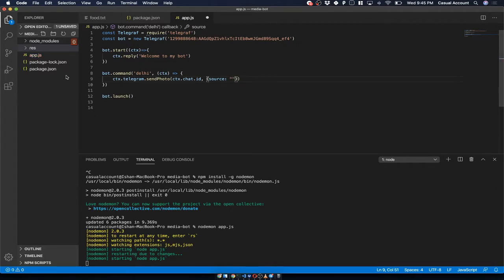And now you can see that this app.js is present over here. And if you want to go to res folder, then only you will find this Delhi image, right? So over here, I will provide it with res slash then the name of that image, which is delhi.jpg.